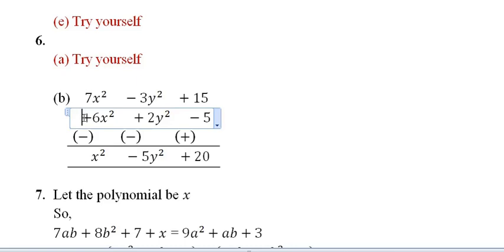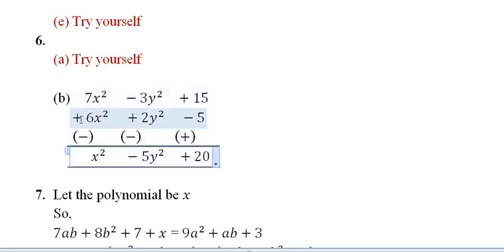Okay, let me just show you with this. We have to make the correction also in the PDF that I have sent you. Please do the correction because it was written minus before. So the sign of the 6x square is plus, and the sign of this 2y square is also plus, and the sign of this 5 is minus, isn't it? Now all the signs of the second expression will be changed. Plus will be minus and minus will be plus.